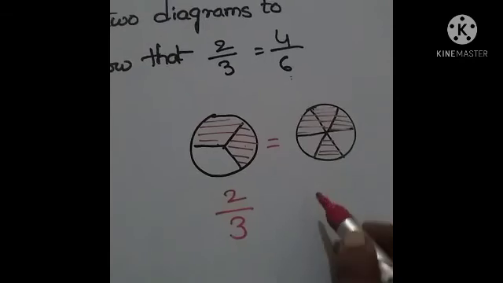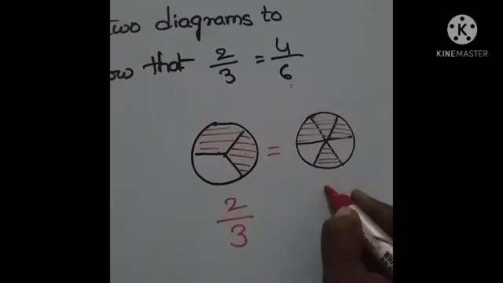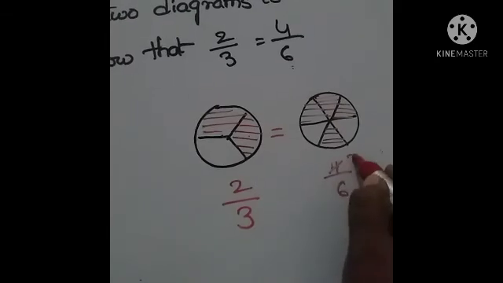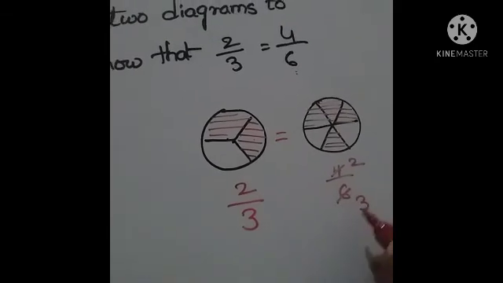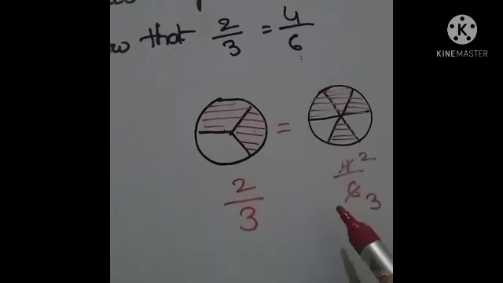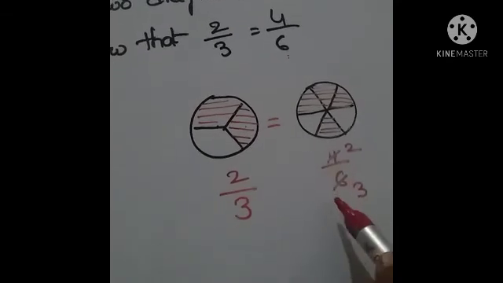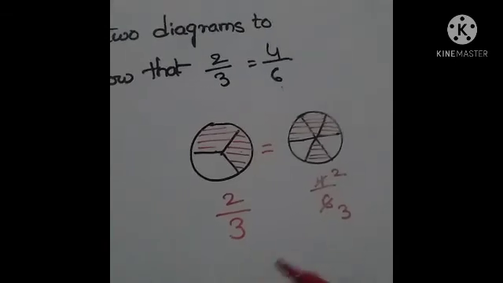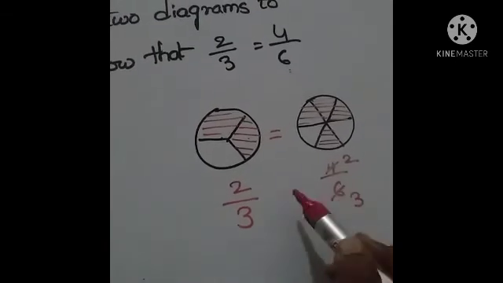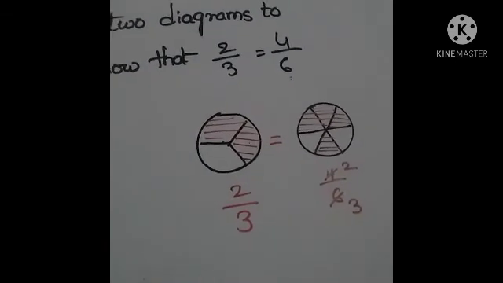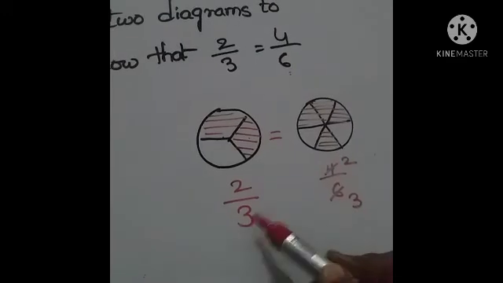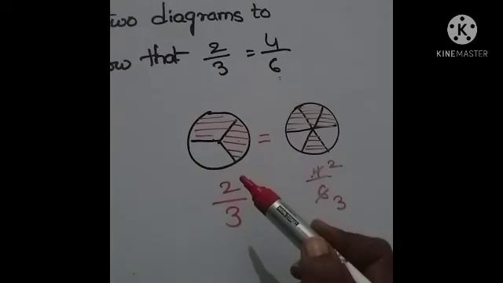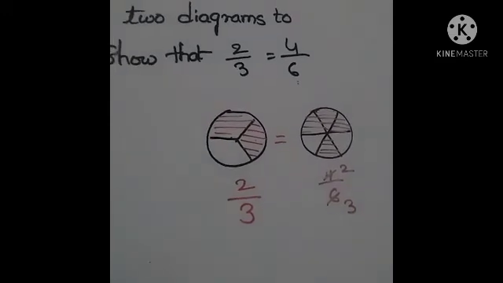So write this box fraction 4 by 6. When we cancel this fraction, 2 2s are 4, 2 3s are 6. When we cancel, we have to take the same table for numerator and denominator. When we want an equivalent fraction, we have to multiply numerator and denominator by the same number. Okay? Remember that trick. 2 by 3, both are equal. Like this we have to draw the given fractions in the given diagrams.